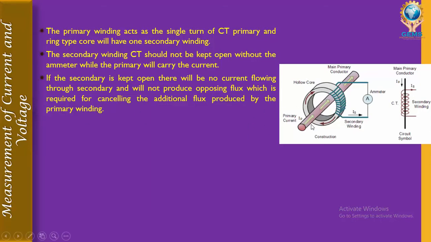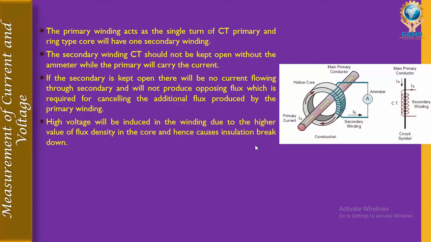So we will have a flux produced between the primary winding and the secondary winding. Only when the secondary winding is in short circuited condition, the flux from the primary winding will transfer to the secondary winding. Otherwise, since the secondary is not in short circuit mode, there is no flux in it, so it cannot cancel the flux which has to be present in the secondary winding.